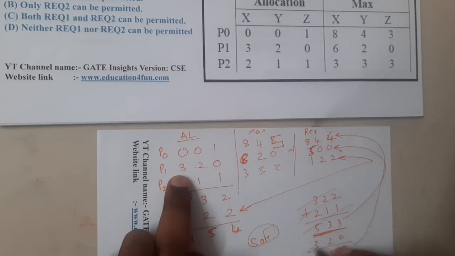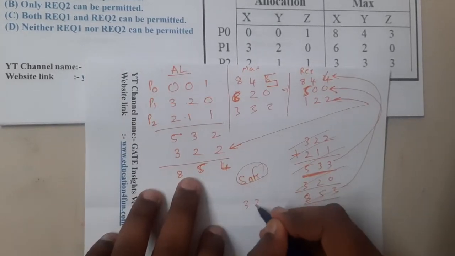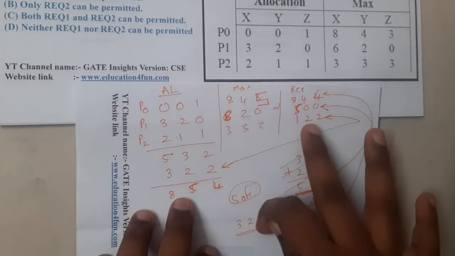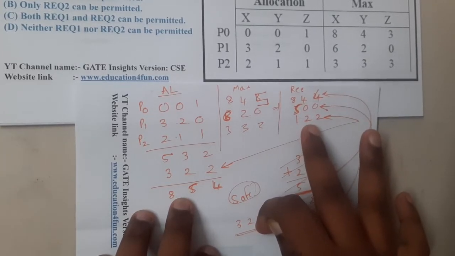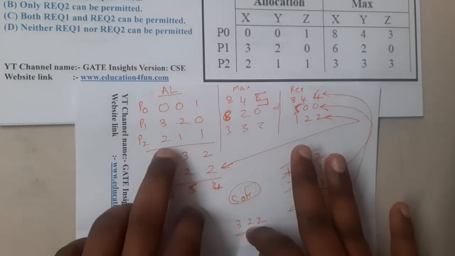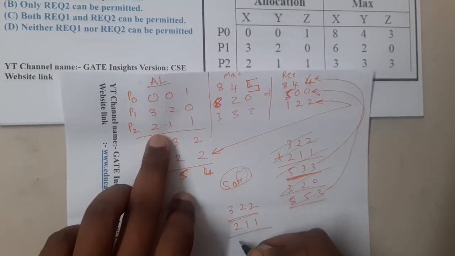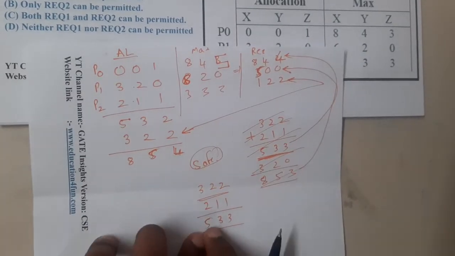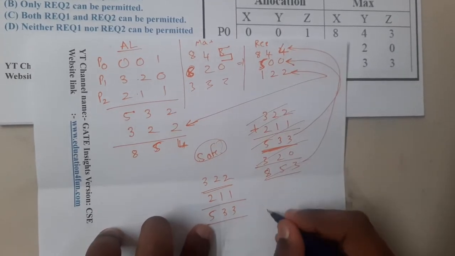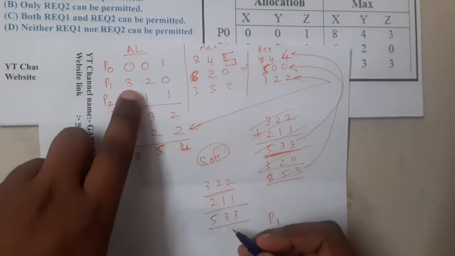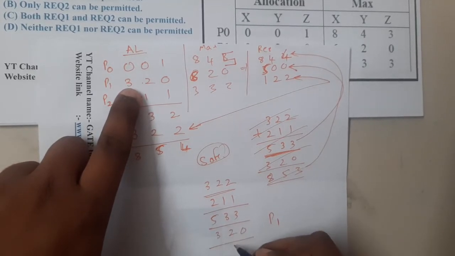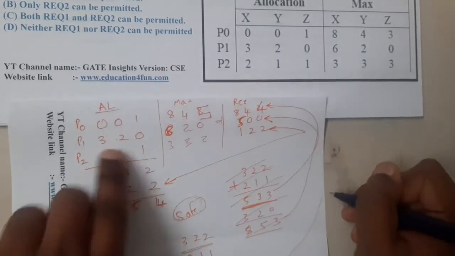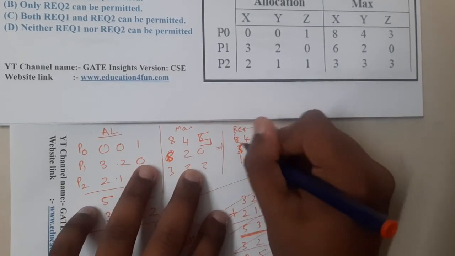Let us redo the same question. Currently I have 3, 2, 2 resources. The only chance I have is to give it to P2. Once P2 takes these resources, executes and releases its allocated resources, I end up with 5, 3, 3. Now I can give the 5 resources of X to P1 and let it run. It will release 3, 2, 0, so we end up with 8, 5, 3 resources, but these are not sufficient to complete the first request.